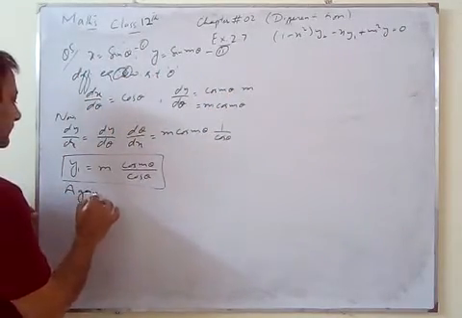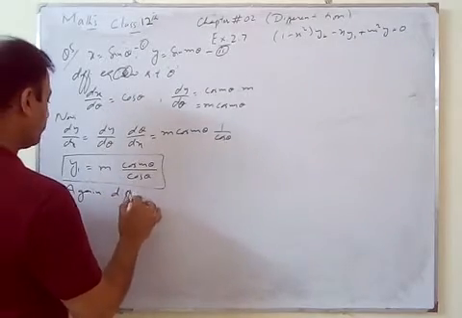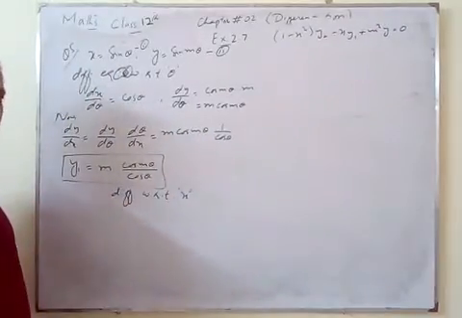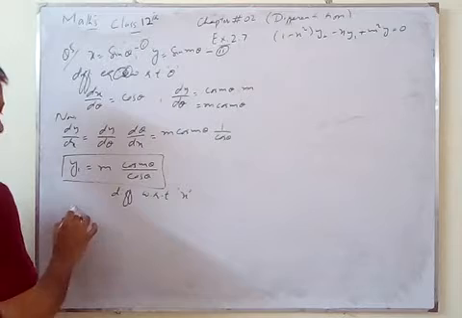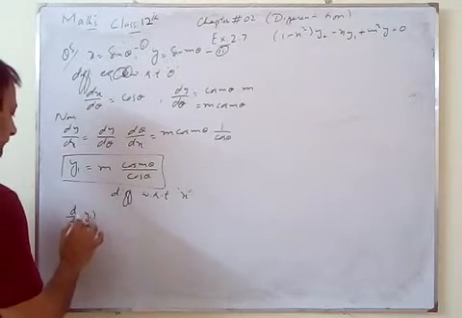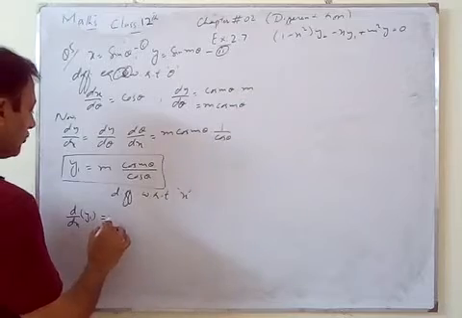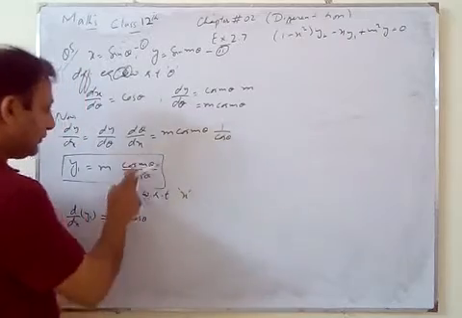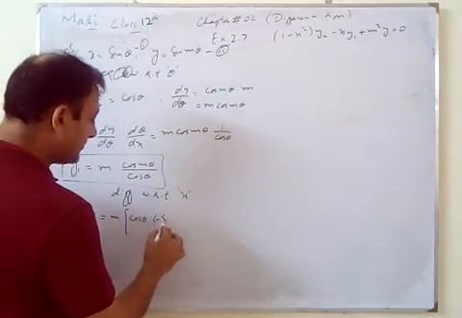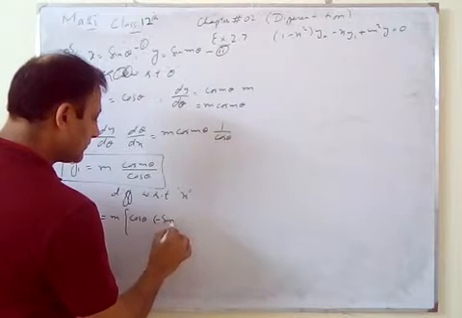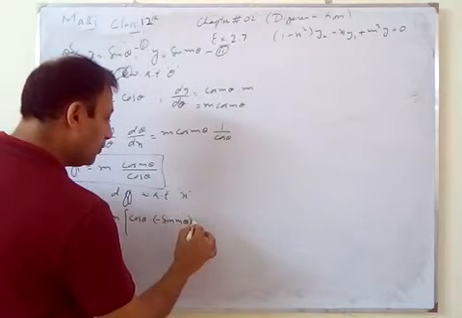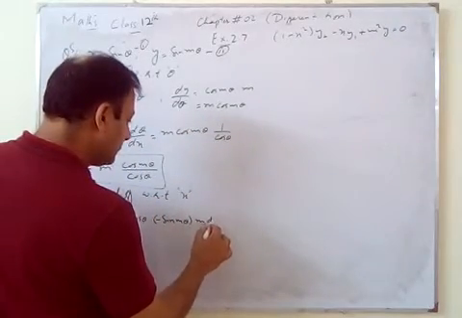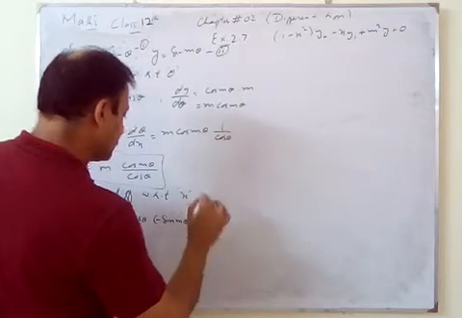Again differentiate with respect to x now. So m is constant, and there is a quotient. So cos theta into the derivative of cos m theta, that is minus sin m theta into the derivative of m theta, which is m d theta by dx,